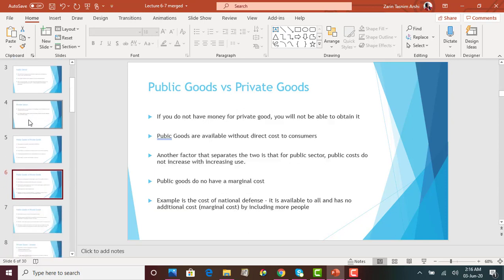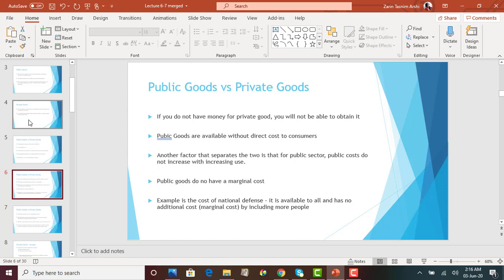Okay, now another characteristic of public good is that public goods are available without any direct cost to consumers. We do not have to pay for public goods directly, right? Let's say I fall sick, I have a heart attack, and I call 911. The police will come, and the paramedics will come and will take me to the hospital, but probably there will be very little bill, or there will be no bill at all, because that is a public good. The government is providing us that service, and we do not have to directly pay any fee or any price